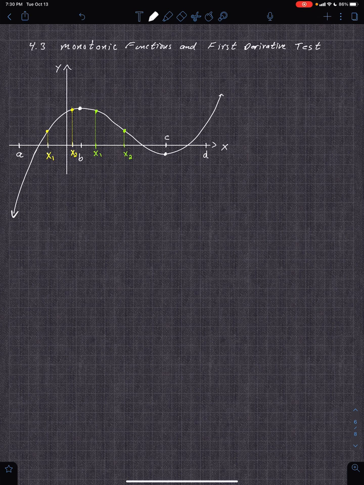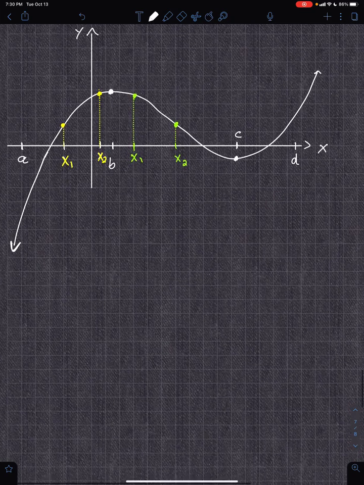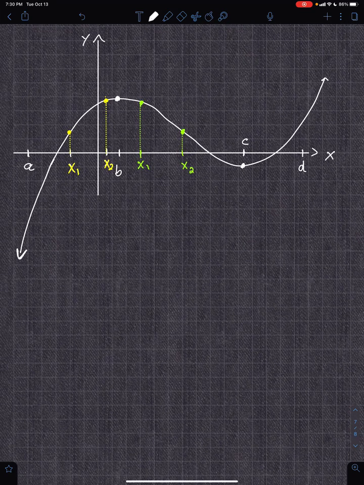4.3 is on monotonic functions and the first derivative test. So I have a picture here. Sketch this out. I want to talk about this thing. So just suppose this is some polynomial. It goes like this. You can see that it goes down like this to the left, goes up to the